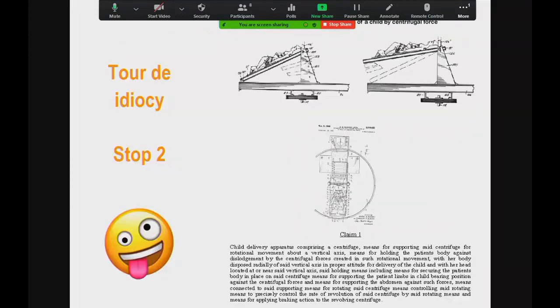Here's another one, just in case you've already fallen asleep. There's no ladies here in person. There might be some online. I don't know if there's any parents, but this is a birthing device. This is a 1950s